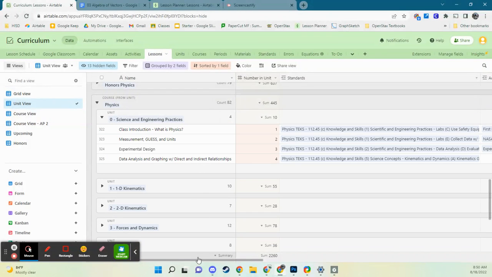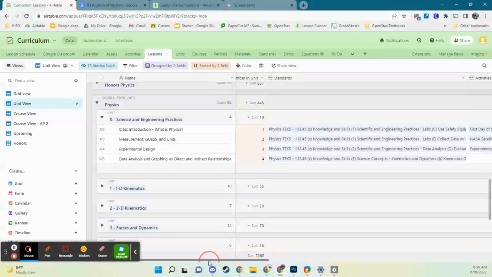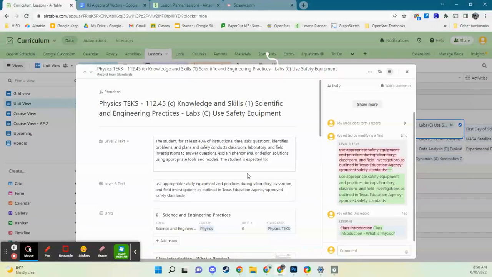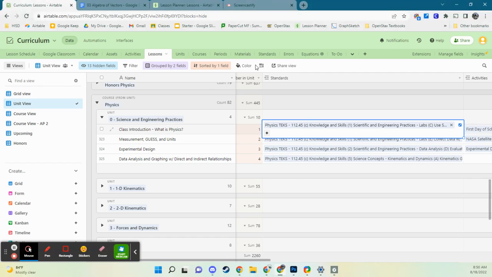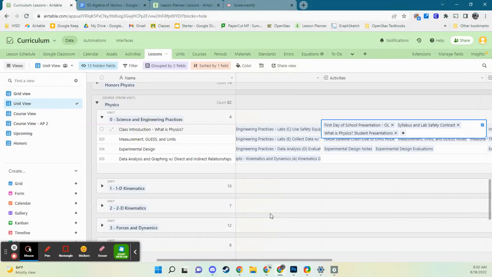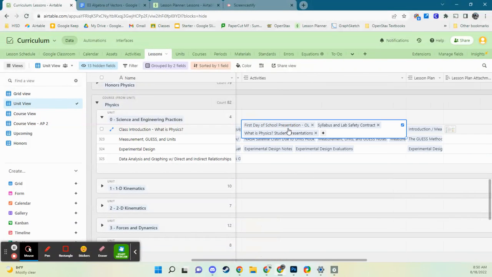And with these lessons, I have things linked like the standards that they cover, which I also house in a table. So it's going to tell me exactly what standards are covered. And then if I go look at standards, I can see what standards are in what lessons. It tells me the order of the lessons that I need to be going in, all the activities for that